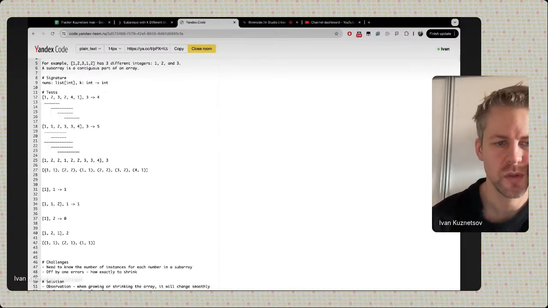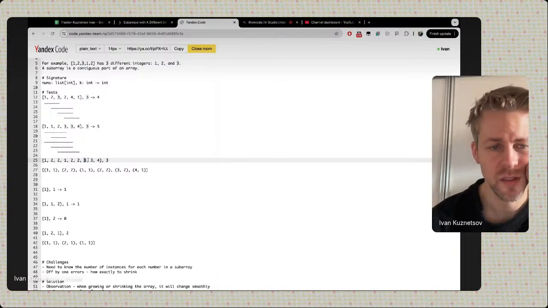If we want to stop at this last element, this last 3, right? So already here we will have different elements, and we need to check